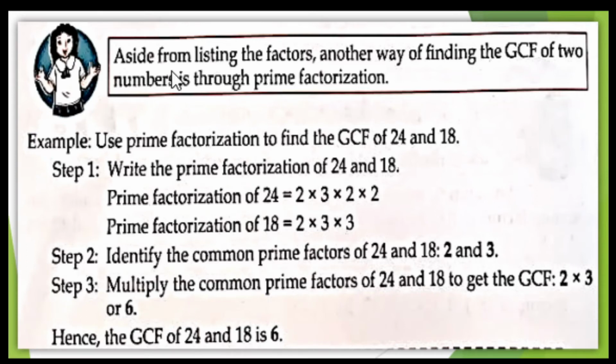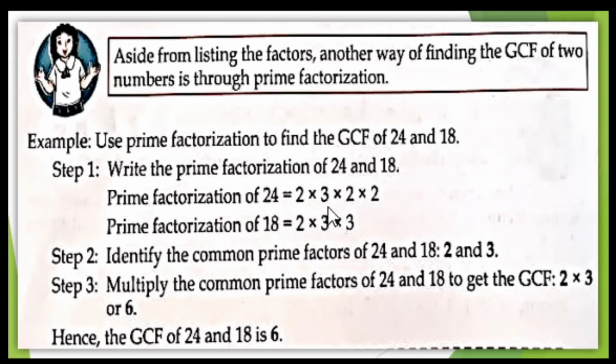Next, aside from listing the factors, another way of finding the GCF of two numbers is through prime factorization. Example, use prime factorization to find the GCF of 24 and 18. Step 1. Write the prime factorization of 24 and 18. Prime factorization of 24,